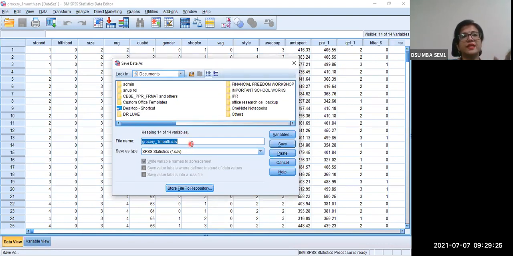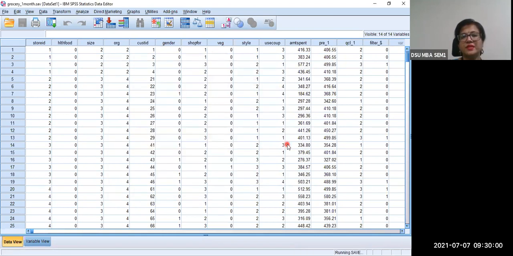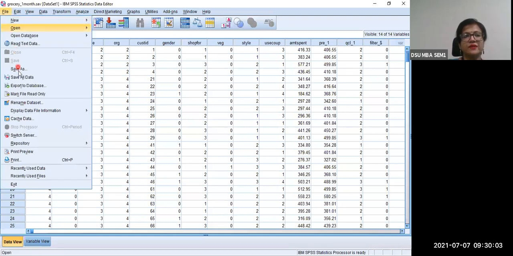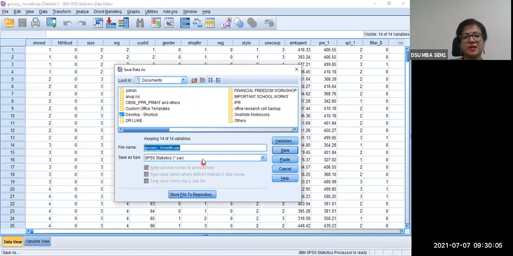So you can save the SPSS file. As I told you, you can import from Excel into SPSS, or you can also save SPSS into Excel formats. Now, supposing you have this sample file we are using about grocery purchases, it's grocery_1 month.sav. That is the extension of the file name. This is your SPSS file. If you want to save it in the same format, you just click here, and it will save in that particular directory. If you want to save it as a different file option, now observe this, the same file.